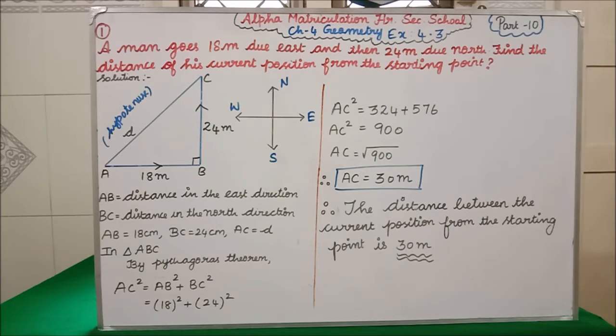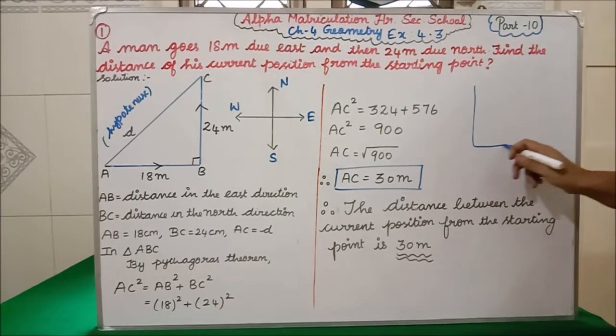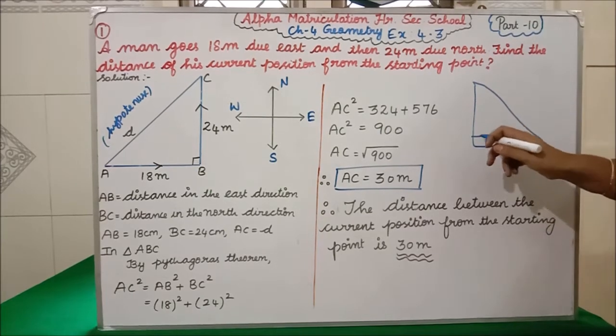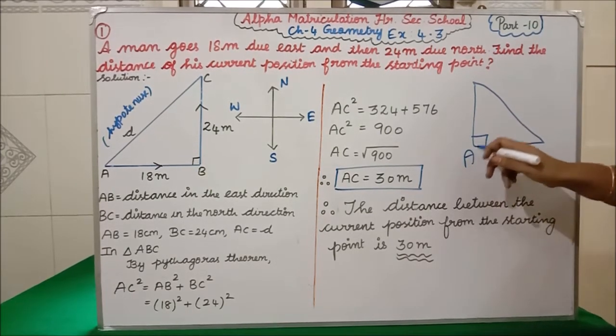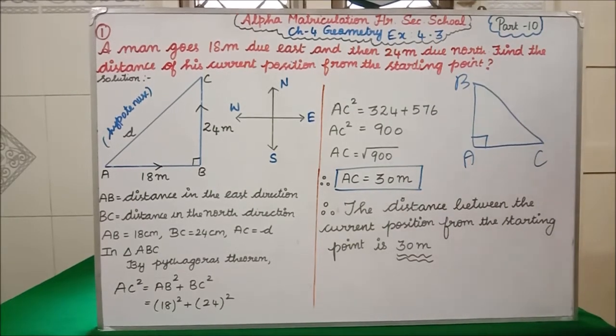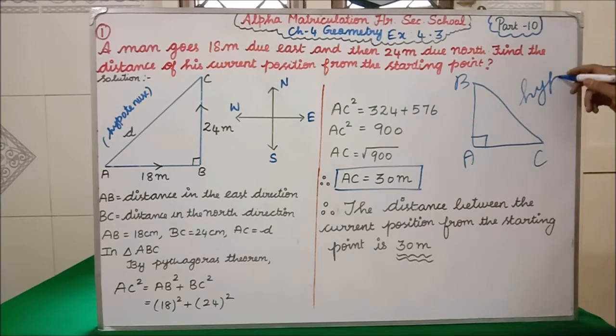Students, one more time we will recall what we have seen in Pythagoras theorem. What we have proved in Pythagoras theorem, students? We have proved in a right angle triangle. If we are taking the right angle triangle, suppose here 90 degree, then here A, here B, here C, means in a right angle triangle. What is the statement? The square of the hypotenuse. Hypotenuse side is what? Opposite to 90 degree. The longest side is what? Hypotenuse. The square of the hypotenuse side is equal to the sum of the square of the remaining two sides.